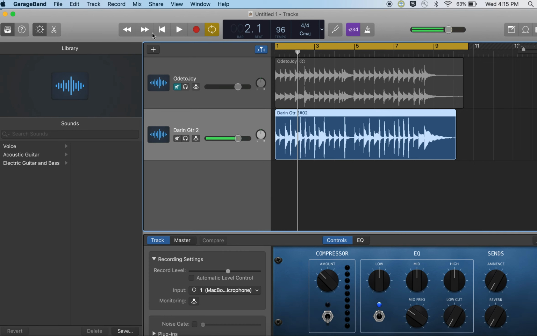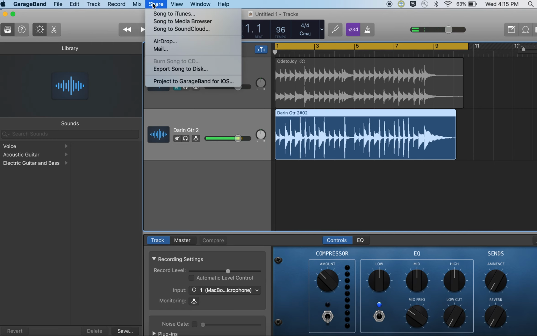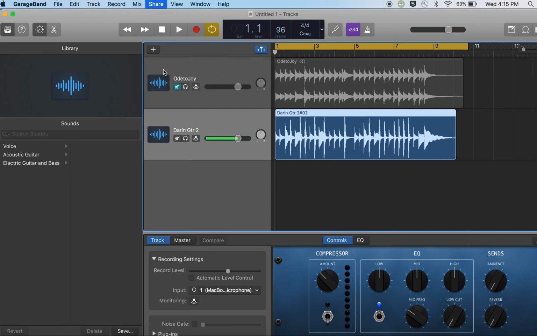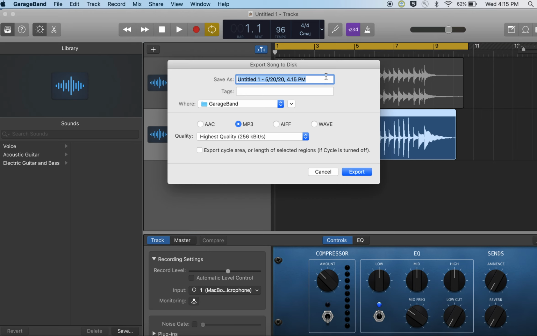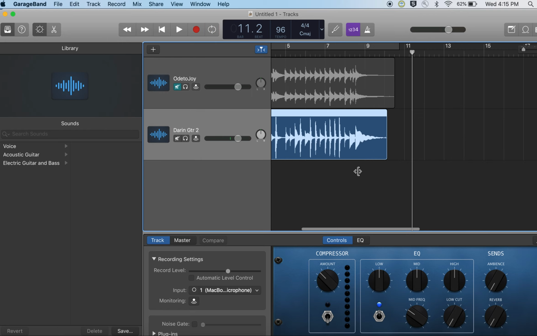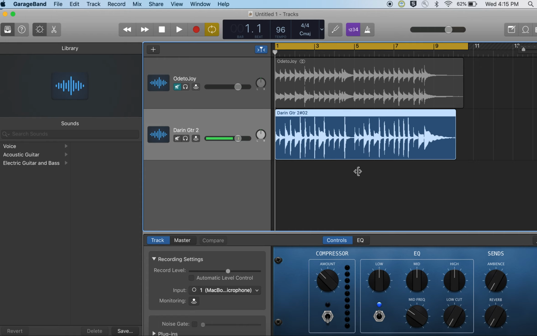And if that's all fine with you, then you're going to go share, and then you go to export song to disk. And then you're going to save it as guitar 2, MP3 file, highest quality. Okay, export the length of the selected region, and then I hit export, and it will end up in my GarageBand folder. So then I will take that file, I will email it to my buddy Steve,